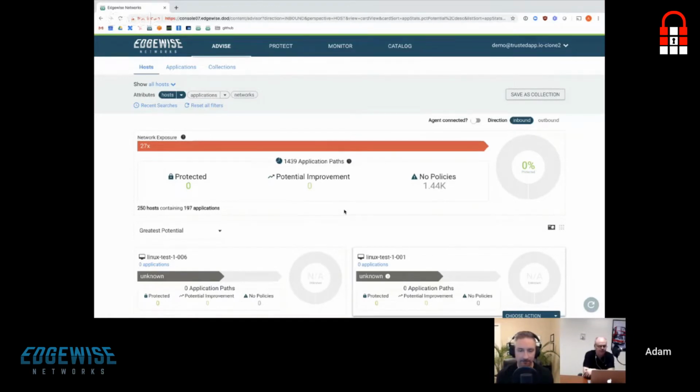So here at Edgewise, we are an agent-based solution. What this means is that you would install our agent in any way that you feel comfortable. Typically with our customers, that's going to be through deployment tools like SCCM, Puppet, Chef, Ansible, and the like. Edgewise will provide you automatically an inventory of the software, the hosts that software is running on, and the networks on which that software communicates. And what we're doing is auto-discovering how software from those individual servers are communicating.